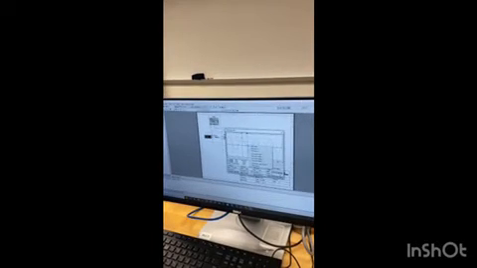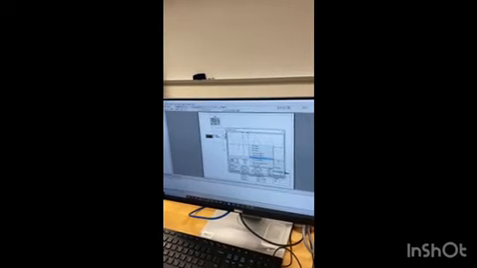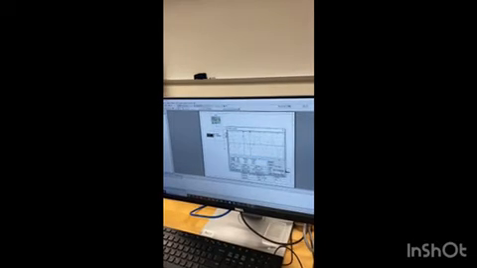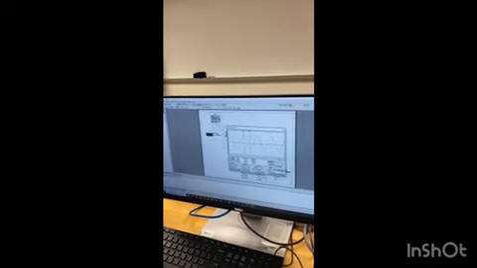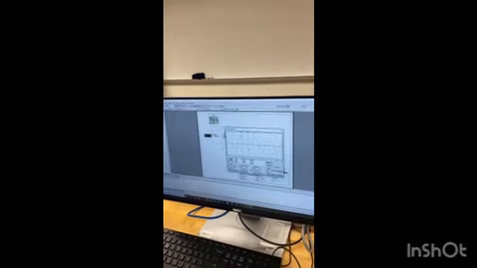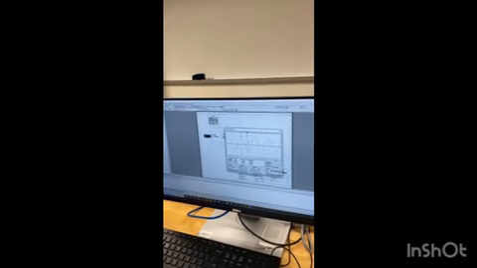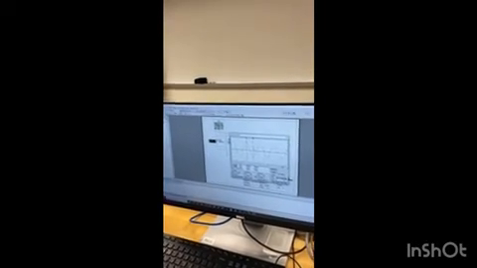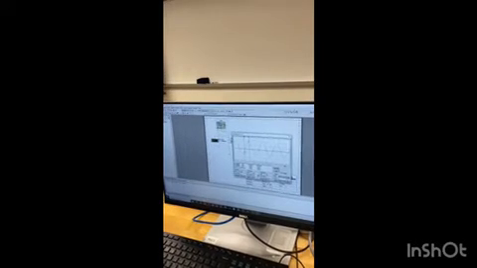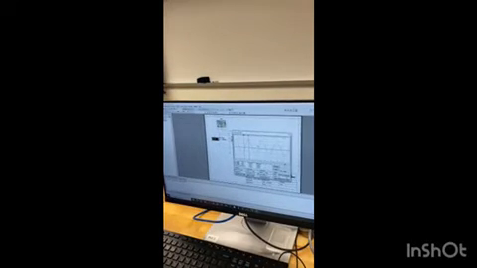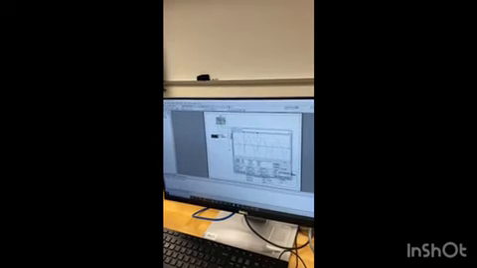Another second cursor, go to next Y min. It's 6.987 volt peak to peak, and for the frequency we're gonna go from here to here, and using the cursors